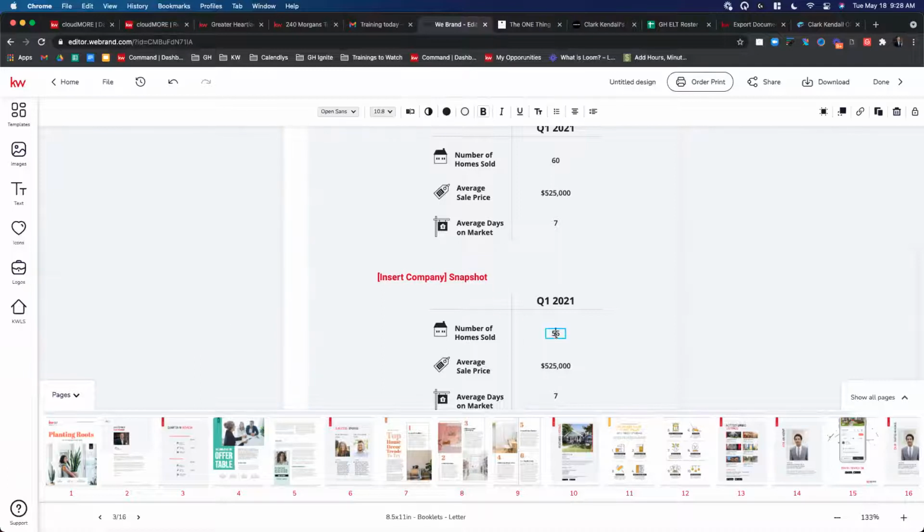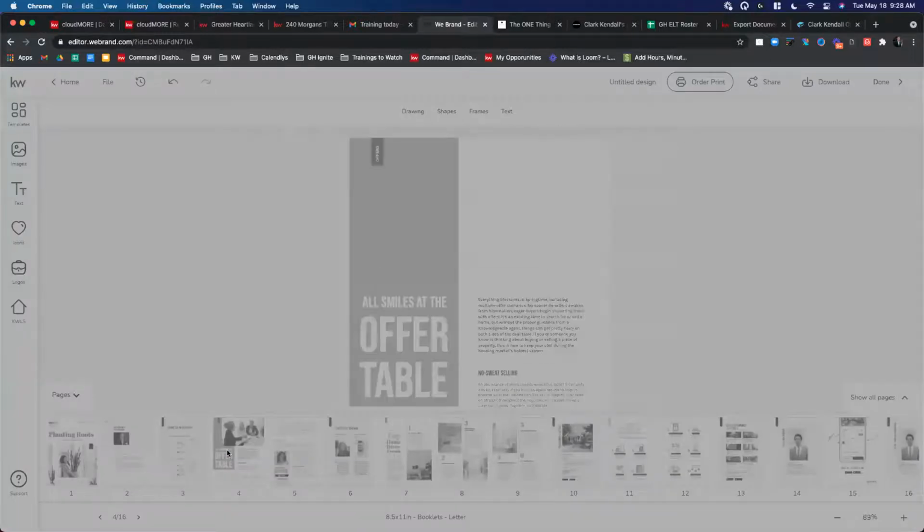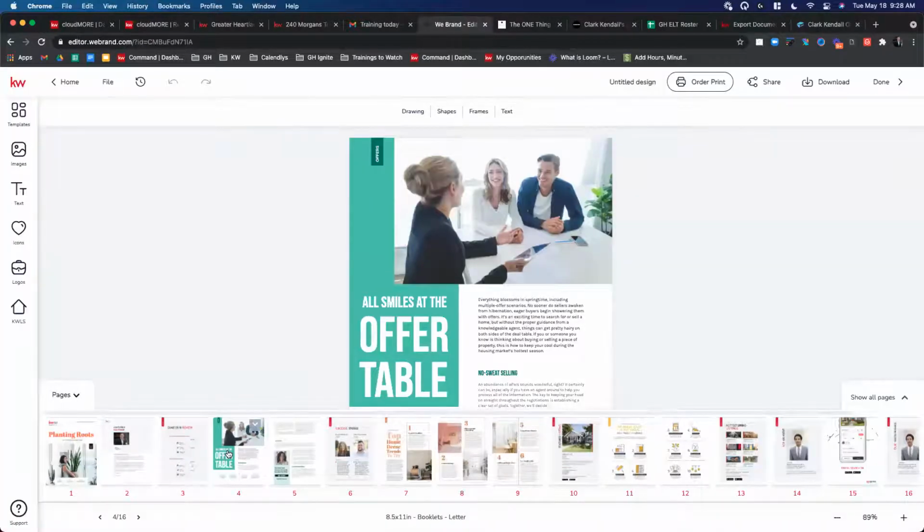If I click on a text here, you do have some tools at the top. So if I wanted to make this, say, size 20 and really have it pop, I could do that. And there's also some colorings, italicize, underlining, all the normal text tools that we use when doing Word docs. All right. So that page, again, is giving them real estate, communicating that you're the local economist of choice, right?